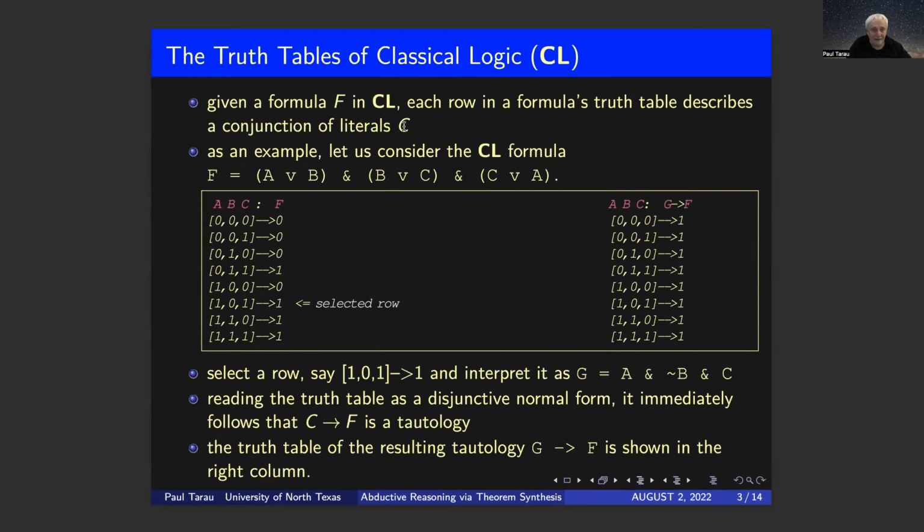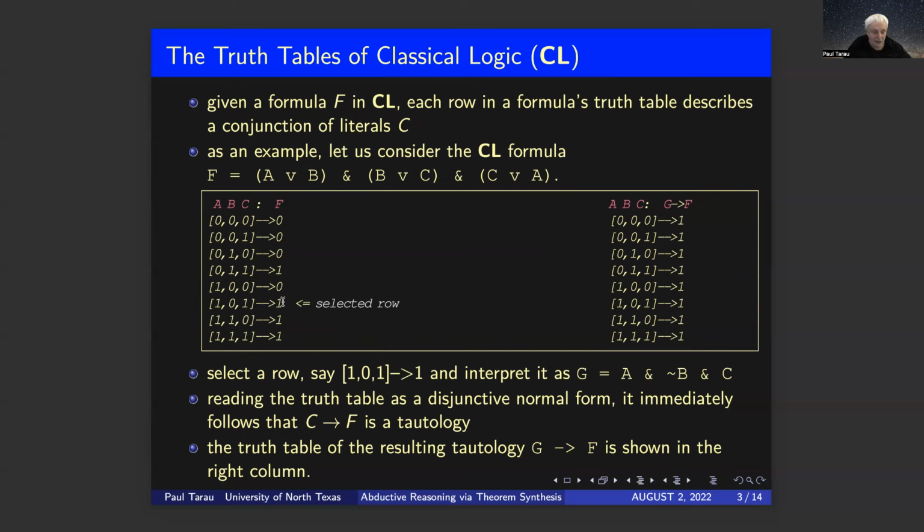Okay. Our inspiration, well, the truth tables of classical logic, everyone knows them. Given a formula F in classical logic, each row in a formula's truth table describes a conjunction of literals. Here is an example. That's our formula F. Here is its truth table. And now if we select one of the rows which end up with a 1 here,